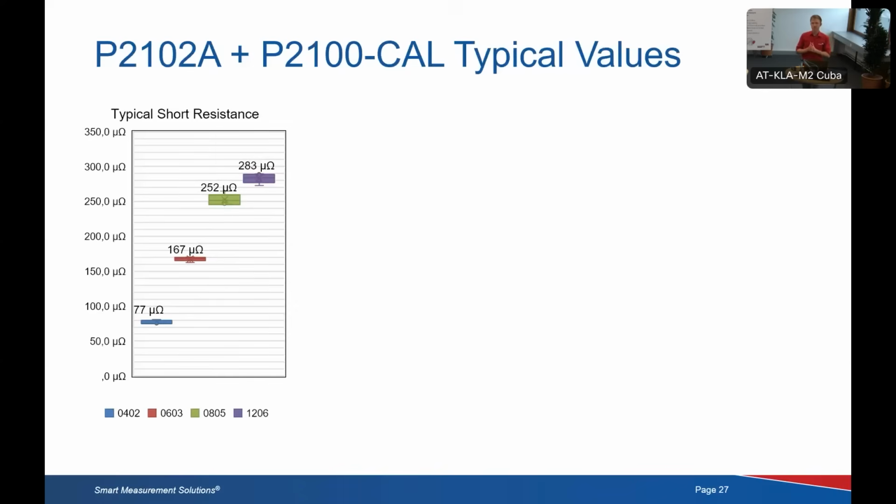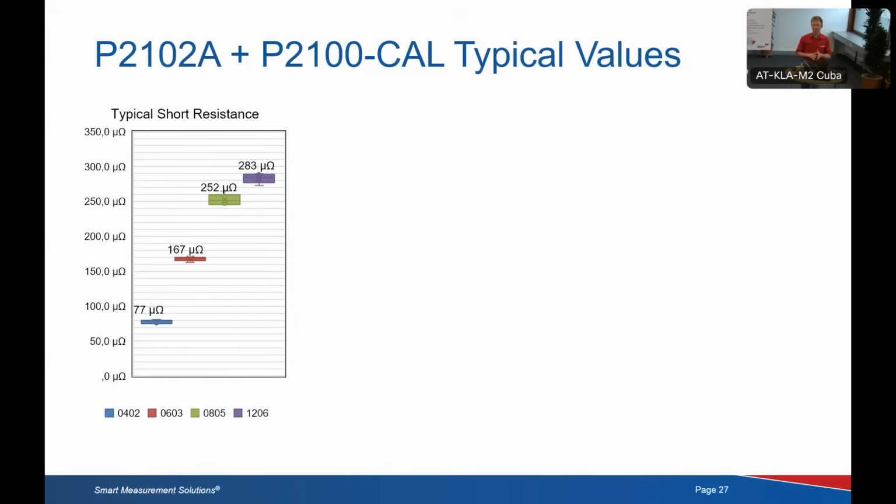So how is that short resistance composed? That depends a little bit on two factors. It depends once on the probe head, on how far the contacts are spaced apart. Of course, the further they are spaced apart, the higher the resistance gets. And it also depends on the conductivity or the resistance of the short where you put it on. In that case, I used a Picotest